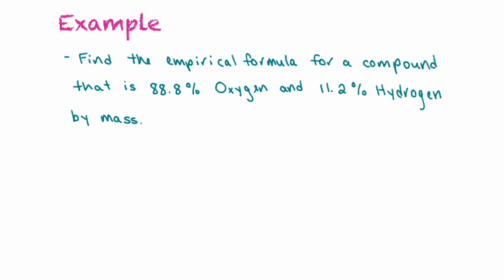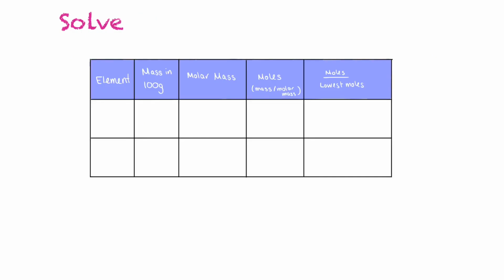Our first example will be to find the empirical formula for a compound that is 88.8% oxygen and 11.2% hydrogen by mass. We use this handy tool to help solve for the empirical formula. This table helps us organize our information and then figure everything out. We have our two elements, hydrogen and oxygen. And we know that hydrogen is 11.2%. So in 100 grams of the substance, you would have 11.2 grams. And oxygen was